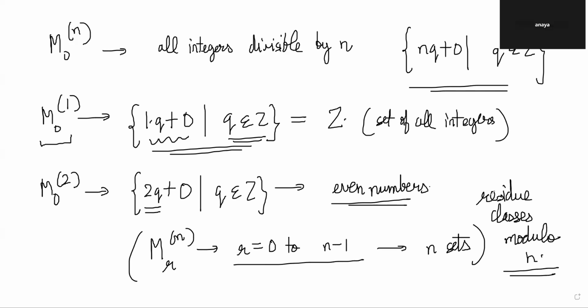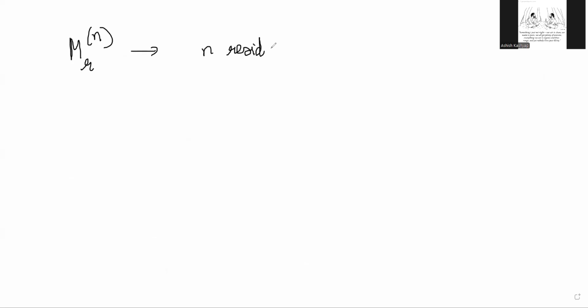So basically the residue means remainder. So it's the different classes of remainders. So there are n residue classes modulo n, right? Yeah. And basically it is producing a partition of the set Z of integers, right? Yes. The n residue classes